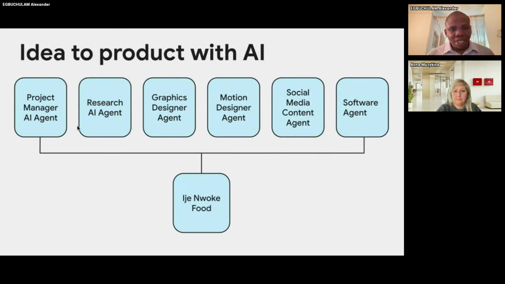So this is your project manager AI agent. This is our researcher AI agent. This is our graphics design AI agent, right? This is our motion graphics design AI agent. This is our social media AI agent. This is our software agent. The software agent should already be Antigravity. Then this is the name of your startup. So for me, I'm just using Ijenwoke Foods, that's just the name. For Anna, it could be Anna Gym or Anna Foods, whatever it might be, right? But the whole idea here is that you just have to apply